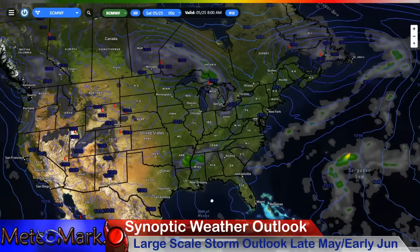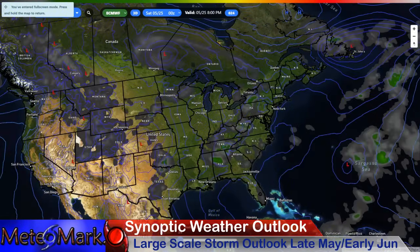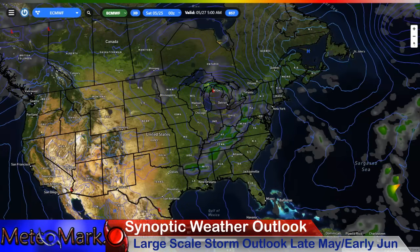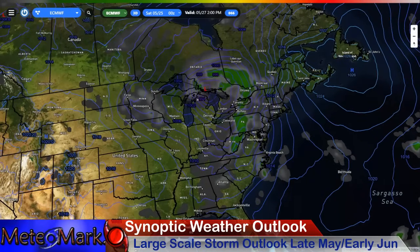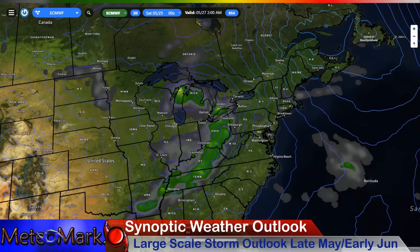So the European run here for North America, let's take a look. Yeah, so as we continue through the rest of the weekend, it's looking active here. There it is for your Memorial Day weekend. Unfortunate that rainfall will be pushing here to the east. Ohio Valley might eke out an okay day, Memorial Day, because your bad day...